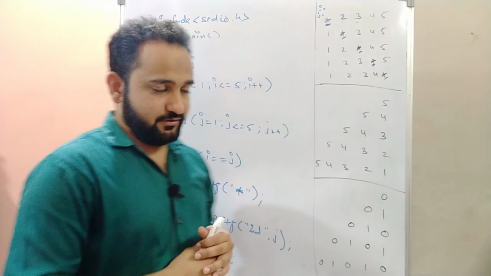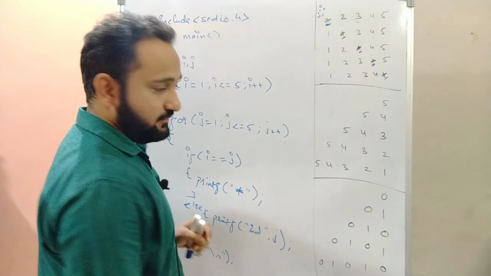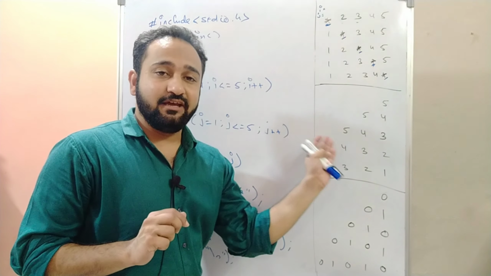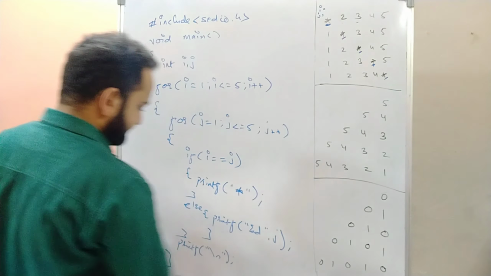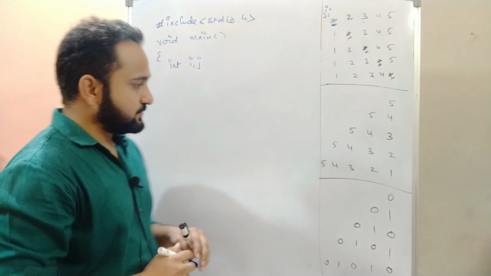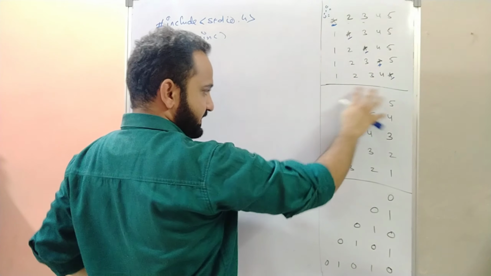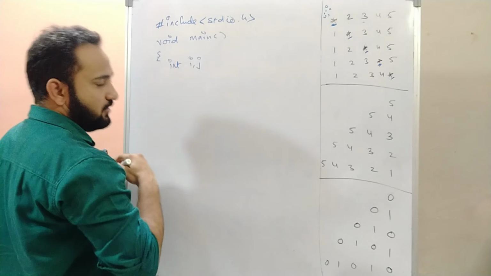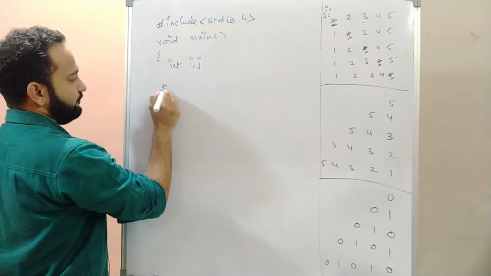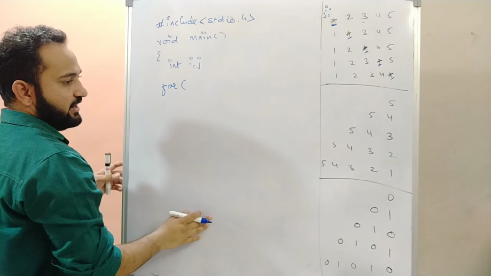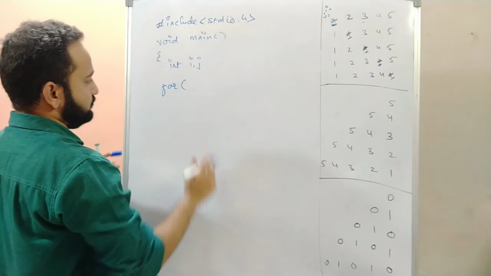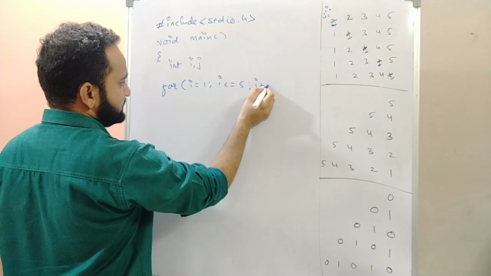So how to proceed with this? Of course, we won't be printing the value of j, but it is behaving like you are printing the value of j. So let's write code for this. Again I'm repeating, this is the mirror image of our basic pattern. So we will have an outer for loop. How many rows do you have? You have a total of 5 rows, right? So it will iterate from i equals 1, i is less than or equal to 5, and i plus plus.